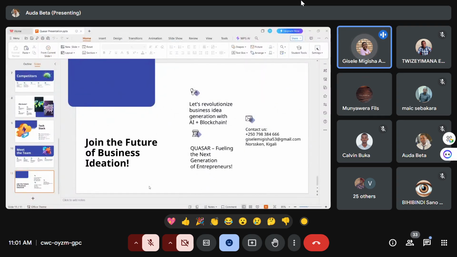Okay, so let me continue on the competitors. We have more competitors like traditional business ideas, which are like Metrics, Idea, Buddy, and decentralized recommendation engines like Google, AirPods, idea generators. But the reason why we are better than these competitors is that we are very unique, like as I said above,